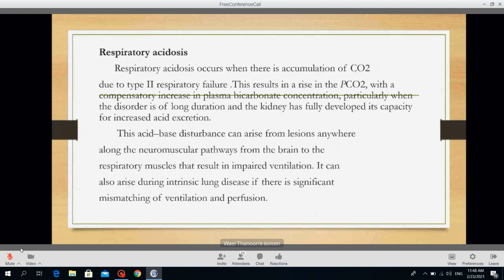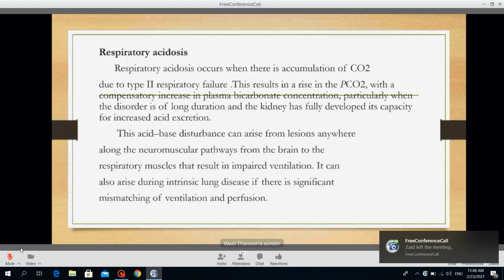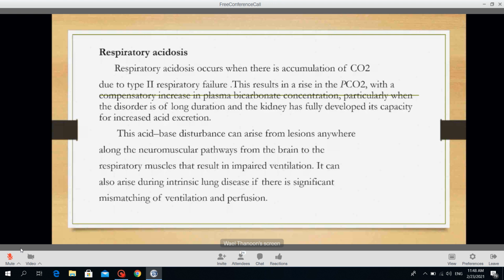This results in a rise of PaCO2 with a compensatory rise in plasma bicarbonate concentration, particularly when the disorder is of a long duration and the kidney has fully developed the capacity for increased acid secretion. This acid-base disturbance can arise from a lesion anywhere along the neuromuscular pathway from the brain to the respiratory muscle that